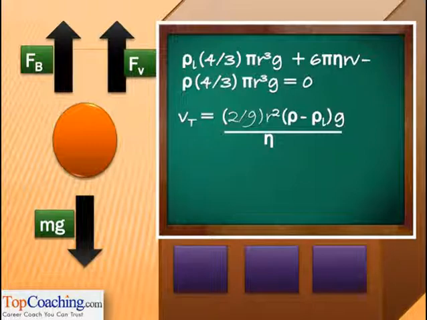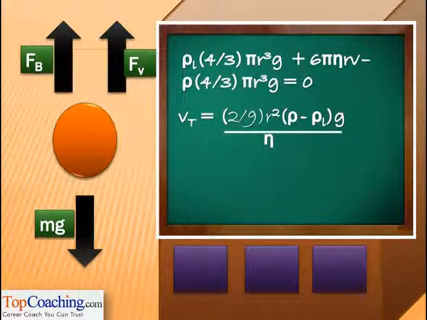When it attains a certain velocity, the viscous force also keeps increasing, isn't it? It's proportional to v. So finally, at a certain velocity, viscous force increases to such an extent that it balances the rest of the force on the ball, and it puts the net force of the ball equal to 0. The velocity at which the viscous force and the buoyant force balance the gravitational force is called the terminal velocity